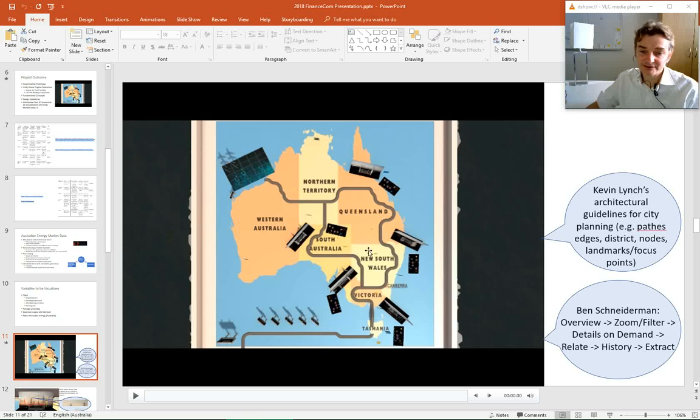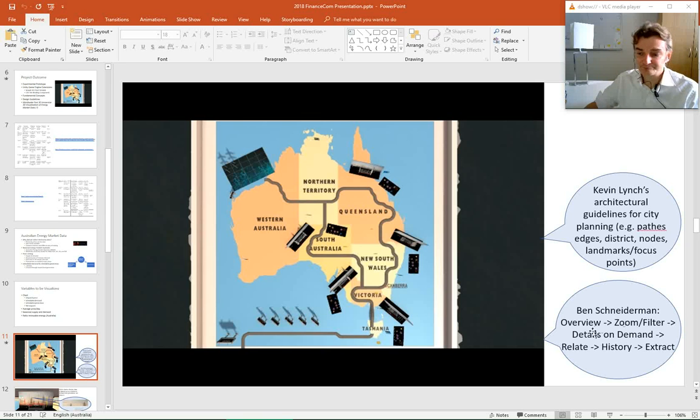Then we have different districts. We see the different districts like Northern Territory, Queensland, New South Wales, for example, for Australia. The edge here would be the sea, the Pacific, and this would be the edge of our environment. Then you have different nodes inside the city environment, and in the city you would have landmarks or focus points like churches and all this stuff. Architects apply this in the city environment, but computer games also apply it, for example adventure games or even first-person shooters. They use the same architectural guidelines for marking the boundaries of the environment